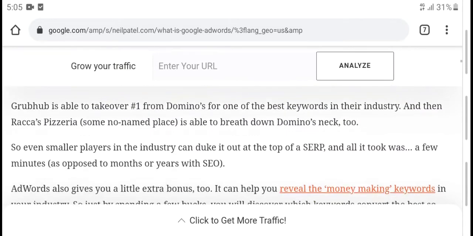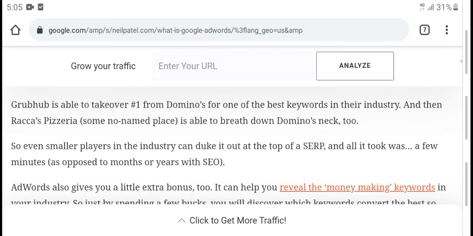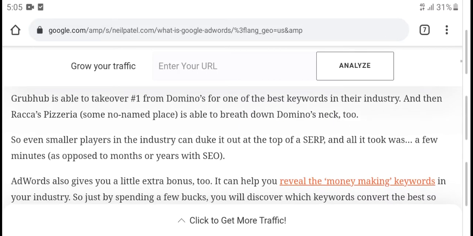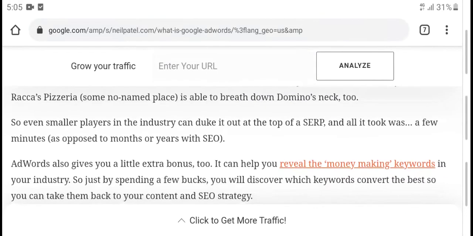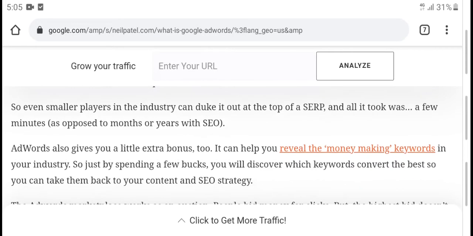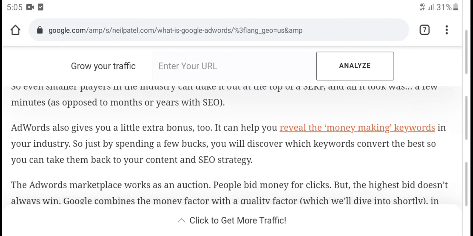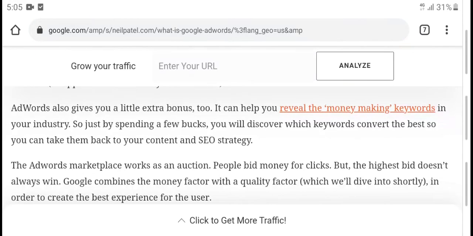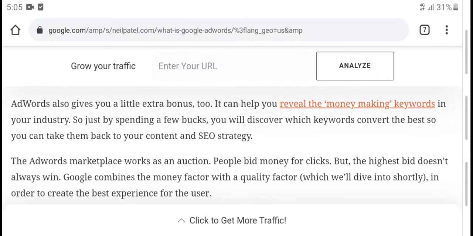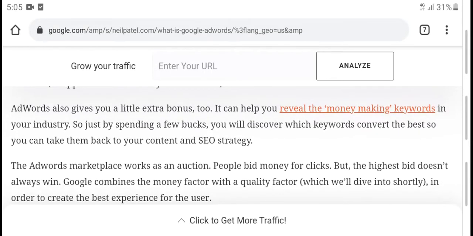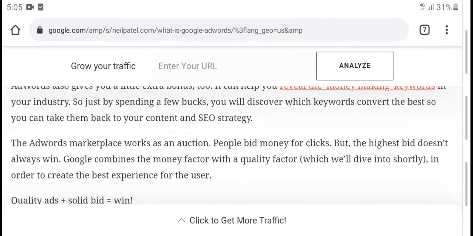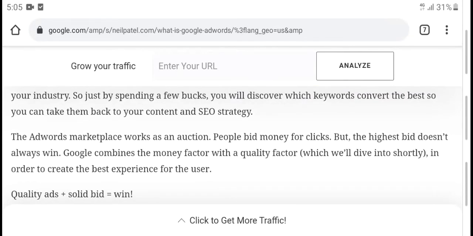Greg and Applesense and form demonstrate for the best keywords in this industry, and the risk price and some needed available when you don't need it, so similar and bring industry drug and sleeper, and look a few minutes or straight month. SU at work gives letters, extra bonus, and you can help revenues, money and keywords in your industry, so just spending